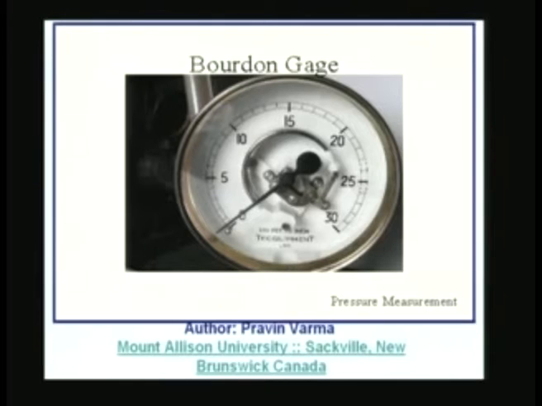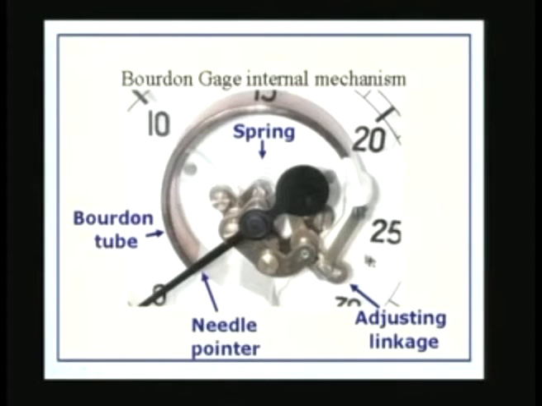The Bourdon gauge essentially consists of, if you see here, we are able to recognize there is a tube in the form of a C. This is the tube, and this is connected to some linkage here, and eventually it is connected to a needle or the pointer which is going to move over the scale. Let me just go to the next figure, which is somewhat more clear.